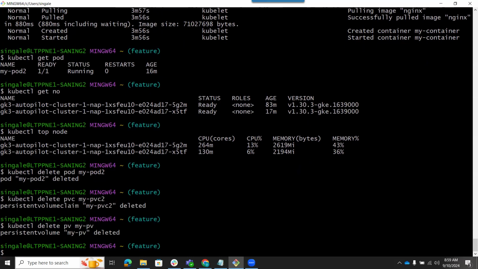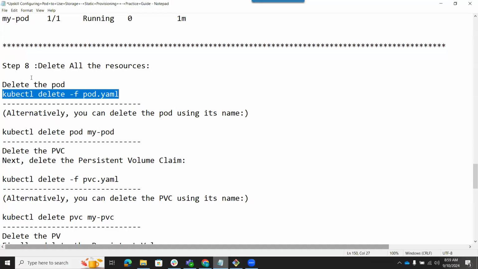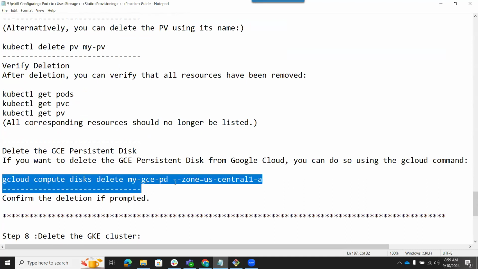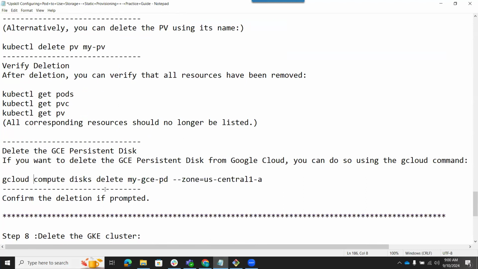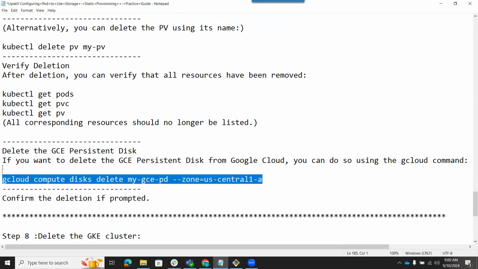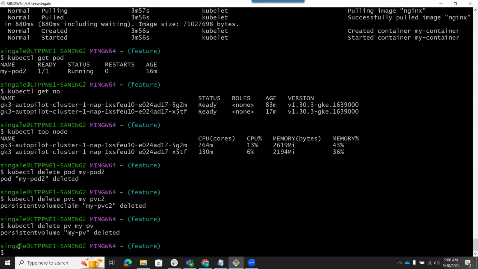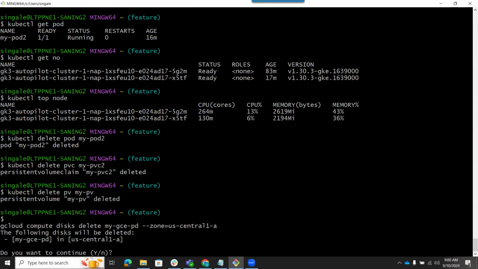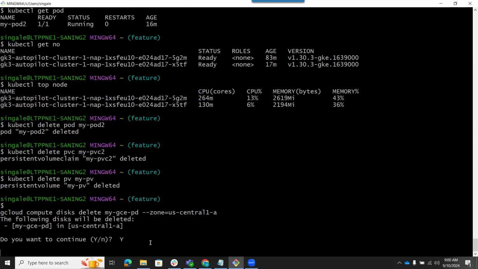And we have deleted all the pods, all the PVCs, all the PVs. And now it's time to delete the disk. So how can we delete it? It is very easy. Just copy the command. Here it is gcloud compute disks delete, and then it will delete it. It will ask you to verify before deletion. Then you have to type Y, and it will delete the